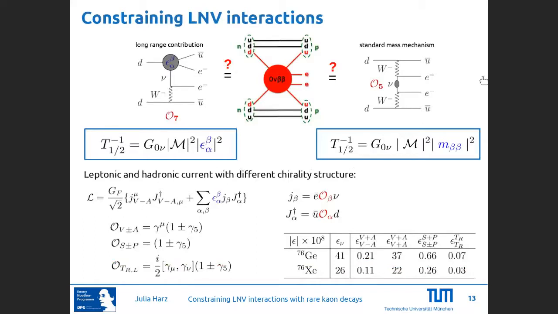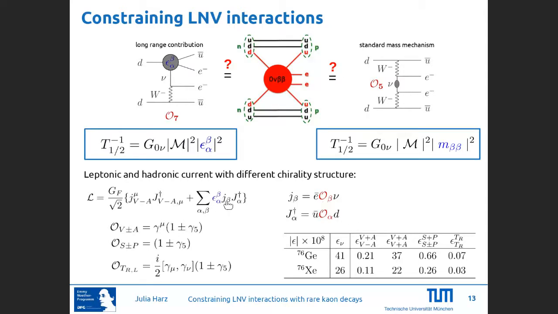So then what else? So this we have seen already, the standard mass mechanism, but we can also have, so to say, long range or non-standard contributions. And let's look again at the dimension 7, or this so-called O3b that I picked before. And what we see now here, we have on the one hand a hadronic current, and on the other hand here a leptonic current. So what we can do now, we can write down this current structure here. The small j is the lepton sector, and the big J the